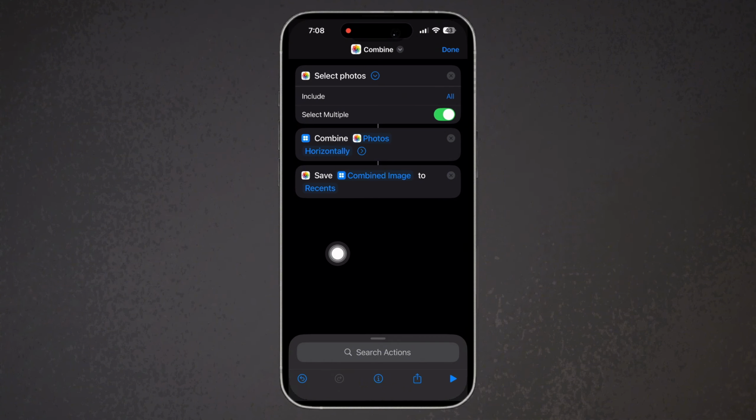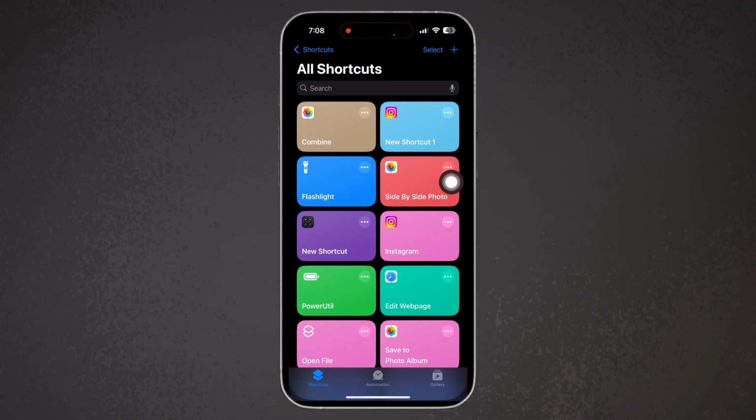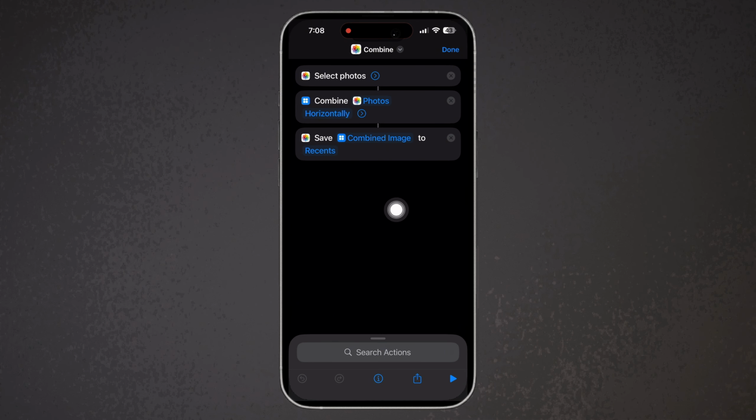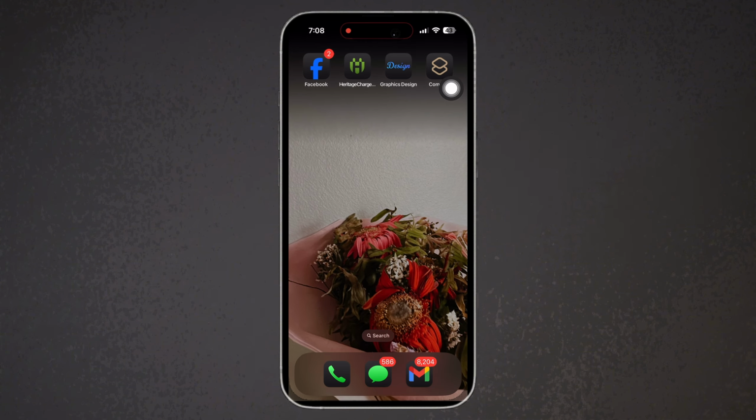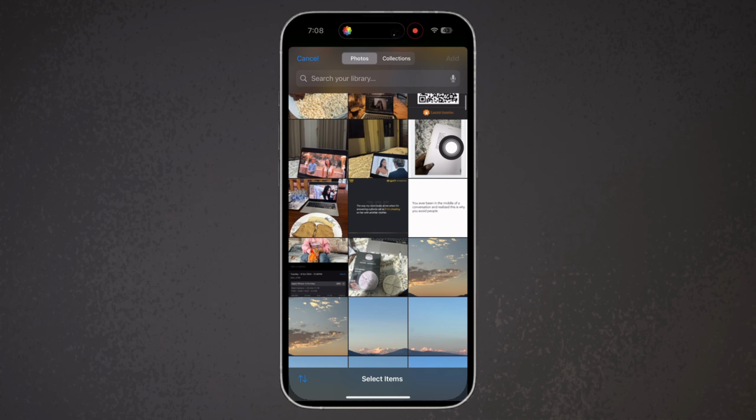Once done, tap on the done option on the top right of your screen and with this your automation will be saved. Tap on the automation and then tap on the automation name on top and a drop-down menu will appear. You will see the option for add to home screen, so go ahead and tap on the add to home screen option and now go back to your home screen and tap on the combine option or combine automation you see there,